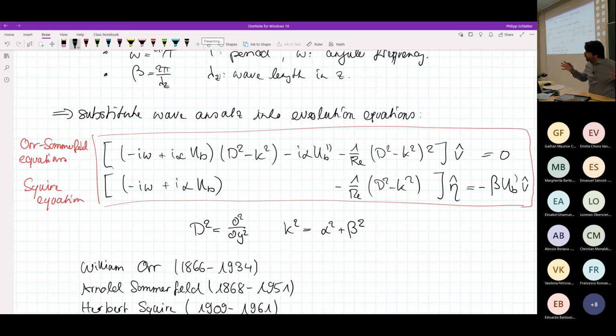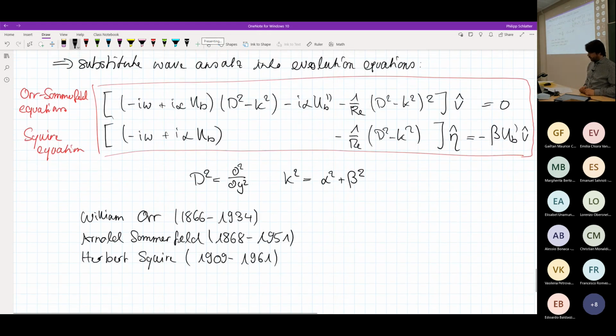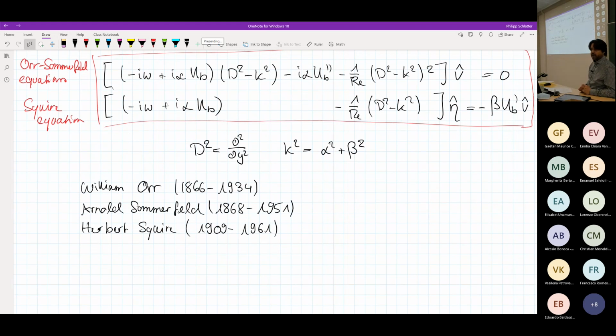Of course, if you have an instability in V, you may also have an instability in eta, but it cannot be the opposite, that you have an instability in eta which then causes an instability in V. So anything that is unstable needs to come from the Orr-Sommerfeld equations first. Okay. So these are now the governing equations, and because they're so important,